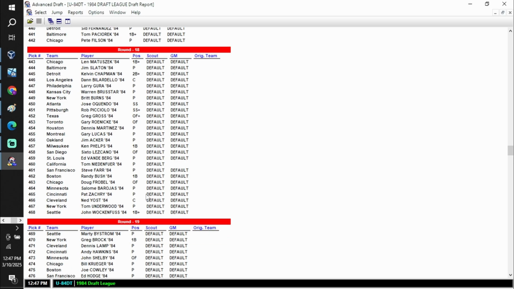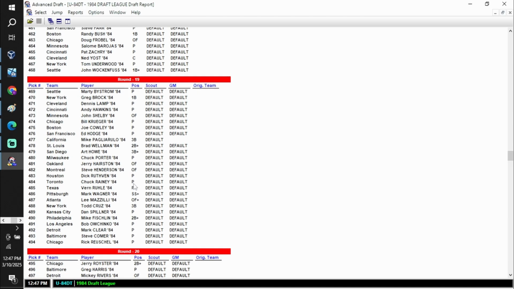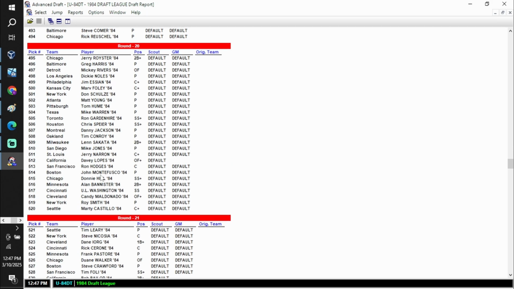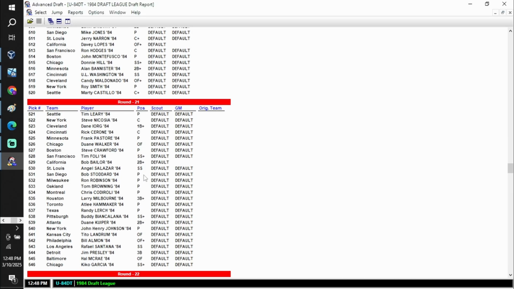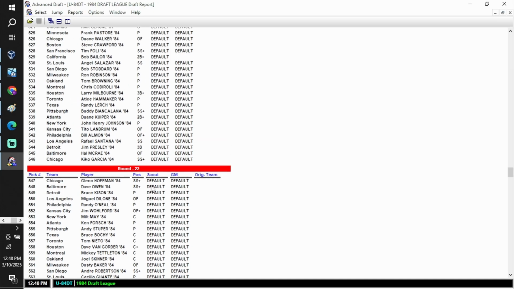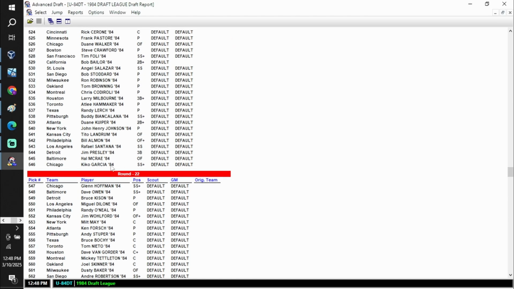Tom Niedenfuer, at least a part-time closer. Pagliarulo, he can platoon at third with Darrell Evans. I don't know. We'll see how the lineup shakes out when I'm done here. Davey Lopes going to help out at second with Grich. Similar with Bob Bailor at shortstop. And again, you can see that there's still decent players being selected all down the list here. Tom Browning, Hal McRae here. Again, part-timer, but